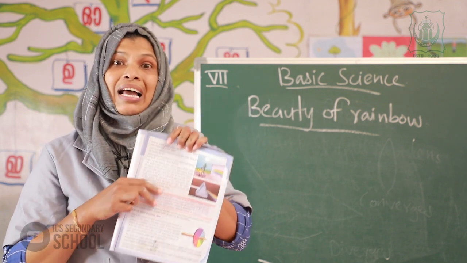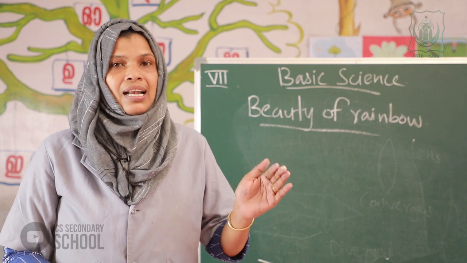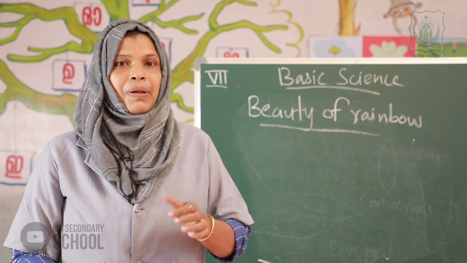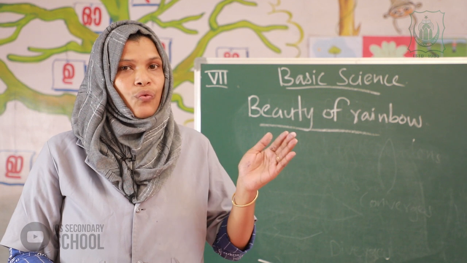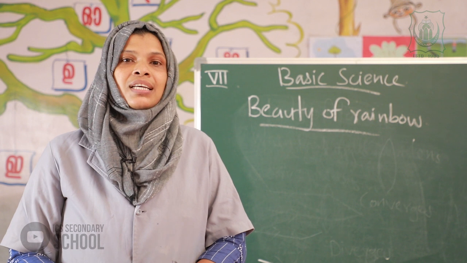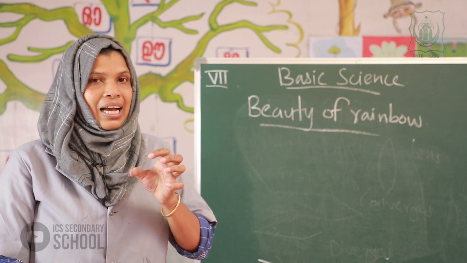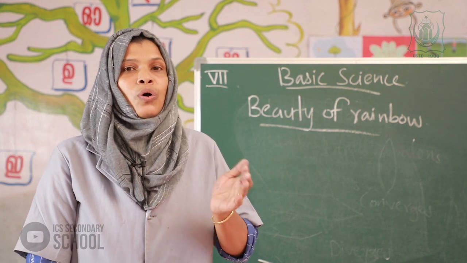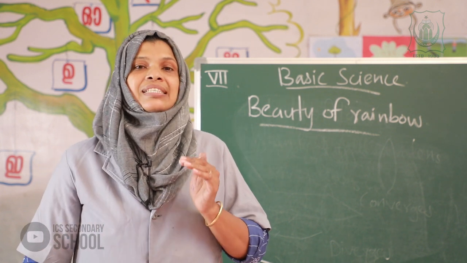Take a flat vessel with water and place it under the direct sunlight near the wall. Then place a mirror obliquely in the water and reflect the light on the wall. You can use thermocol sheet or white paper if the wall is not white. You can see a wonderful sight.